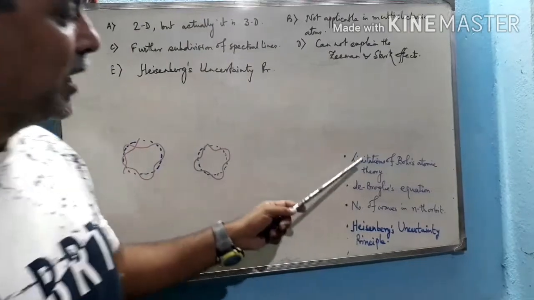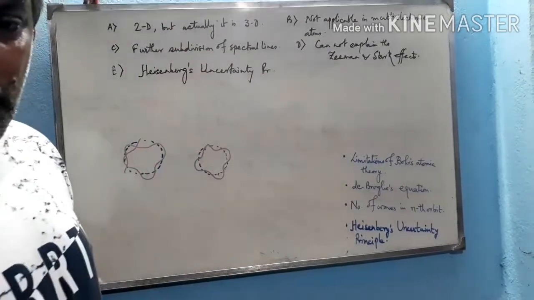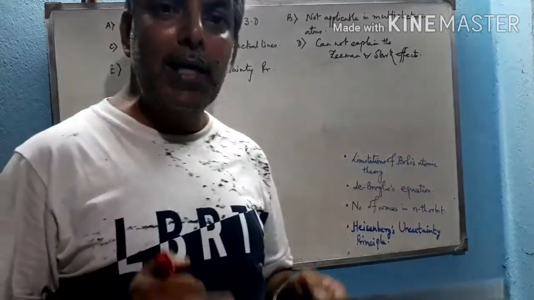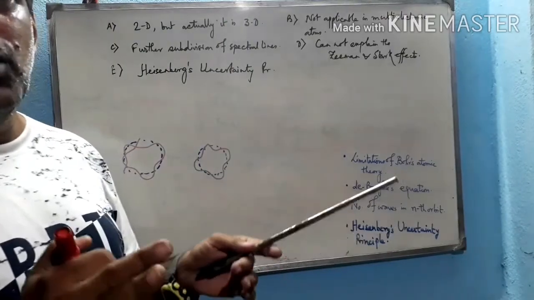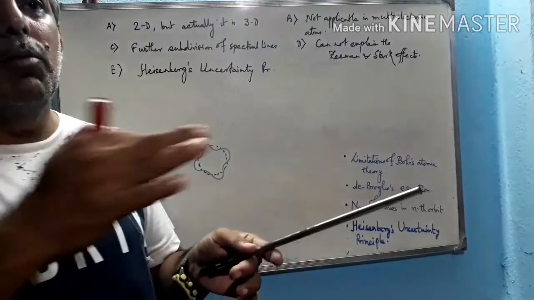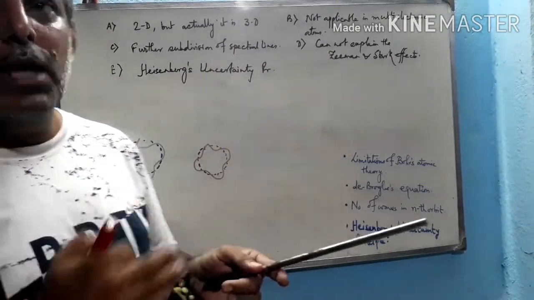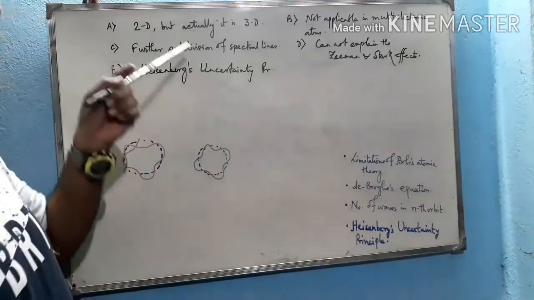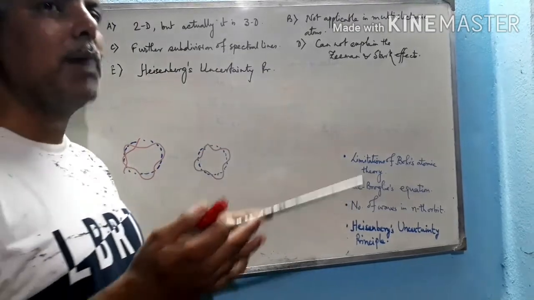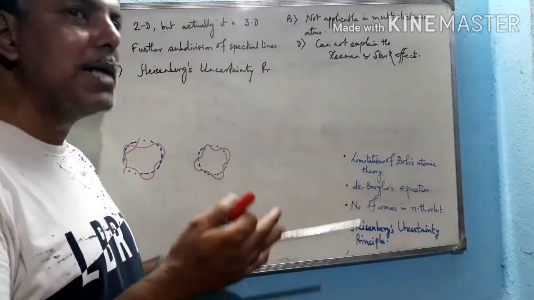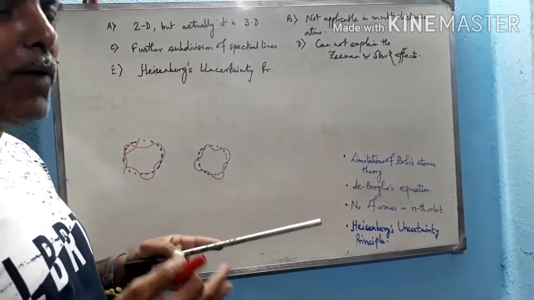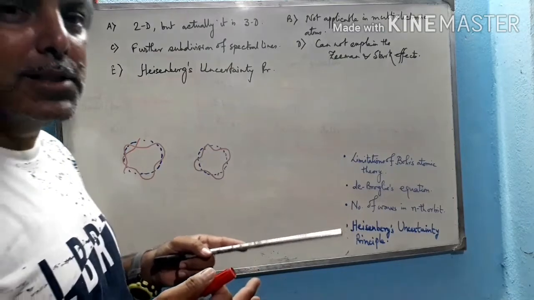Now the next point is limitations of Bohr's atomic theory. The first point is, we know that Rutherford's model as well as Bohr's model is a two-dimensional model. At the center it contains a nucleus, and around the nucleus the circular orbits form and the electron moves around these circular orbits. So it is a two-dimensional theory, but actually we obtain that the atomic system, with the nucleus as well as the electron, is a three-dimensional one. So two-dimensional theories completely failed to explain the three-dimensional nature of the atomic system.